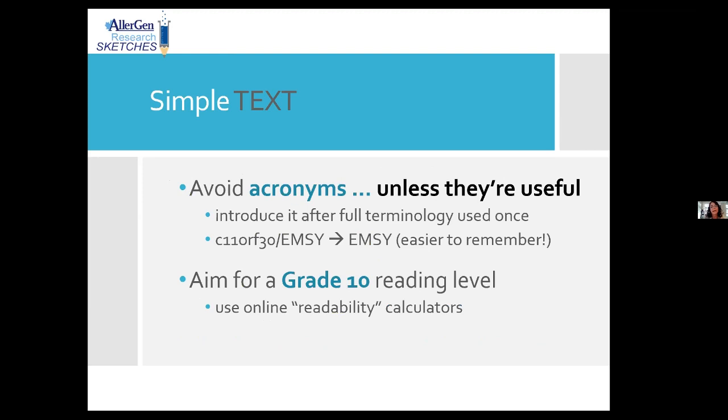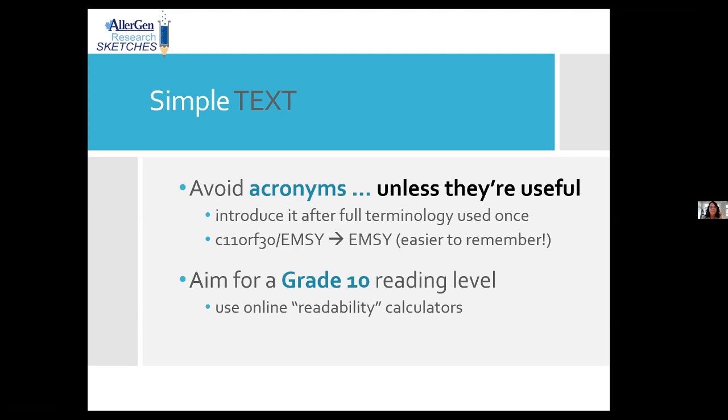Another tip is to avoid acronyms, but I will qualify this by saying sometimes, because sometimes acronyms are useful. An acronym is a single word formed from the first letters of a string of words. So like NASA, National Aeronautics and Space Administration, NASA. In science writing, most acronyms are not familiar, and that's why they're not recommended for lay writing. But they can save time and space, and they may make it easier for a reader to relate to it. So they can be helpful. If you use an acronym, introduce it after the full terminology has been used once,